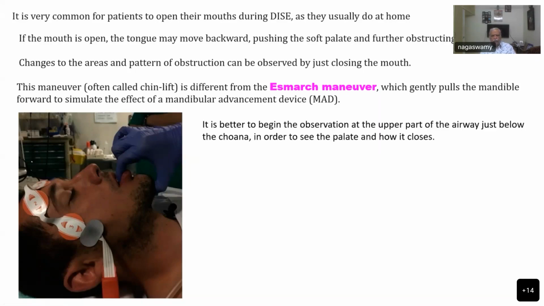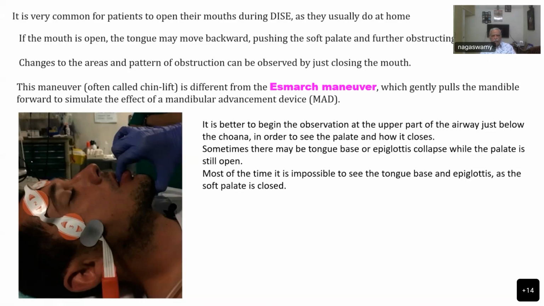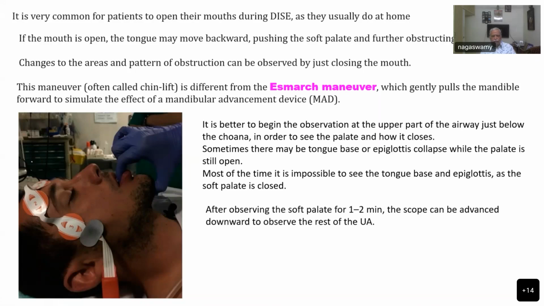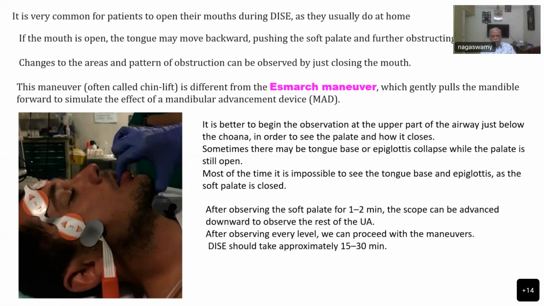So it is better to begin the observation at the upper part of the airway, just below the choana, in order to see the palate and how it closes. Sometimes there may be tongue base or epiglottis collapse while the palate is still open. Most of the time, it is impossible to see the tongue base and epiglottis as the soft palate is closed. After observing the soft palate for 1 or 2 minutes, the scope can be advanced downward to observe the rest of the upper airway. After observing every level, we can proceed with the maneuvers, and DISE should take approximately 15 to